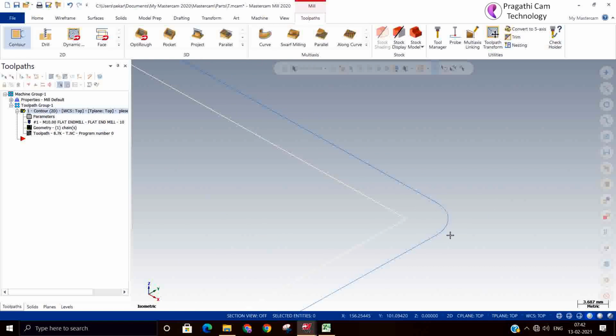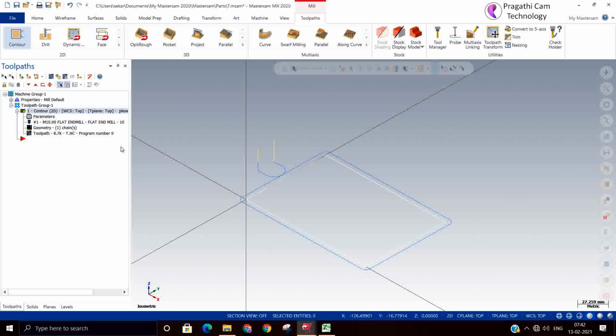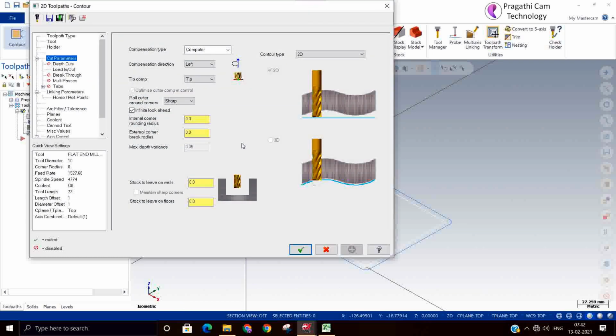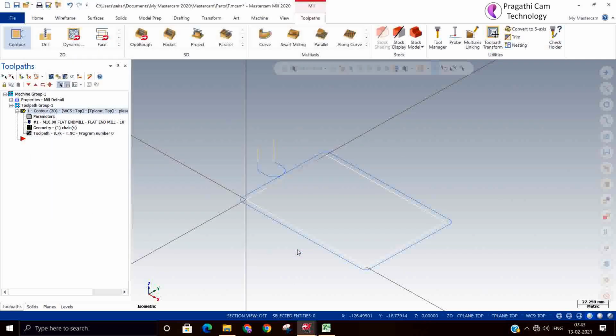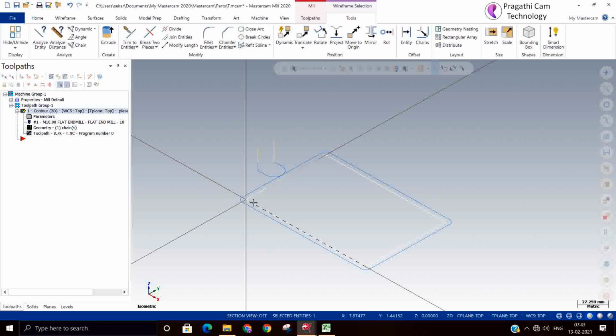What is the advantage of this strategy? Why is there a need for a small radius? Suppose, for example, you have started the program. The tool moves in a straight line, so it starts to move in x. It moves in G01.